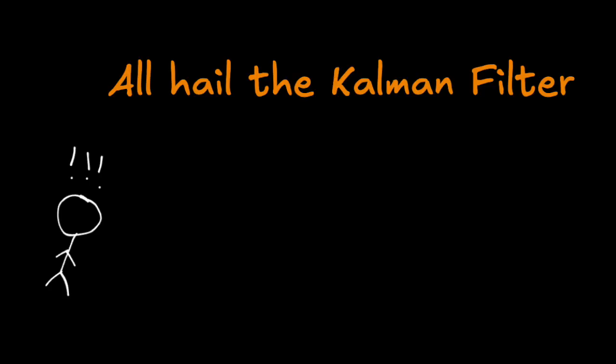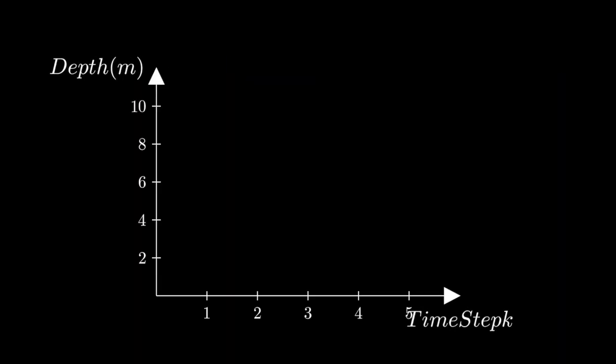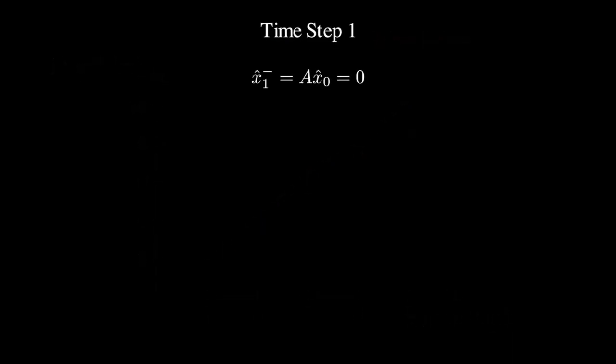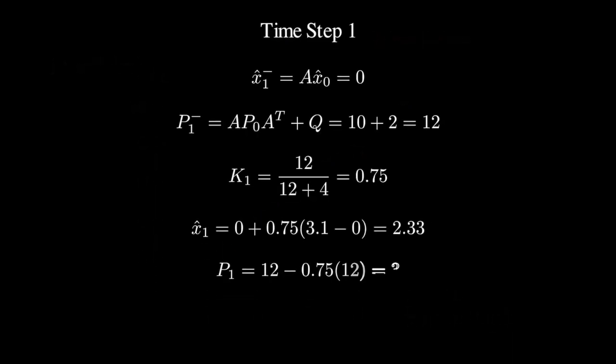The beauty of the Kalman filter lies in its recursive nature. Rather than storing vast amounts of historical data, it only keeps track of the latest estimate and its associated uncertainty. This makes it computationally efficient, while maintaining a high degree of accuracy. At its core, the Kalman filter embodies a powerful principle. Even in the presence of uncertainty, we can make informed predictions and continuously improve our estimates by intelligently integrating past